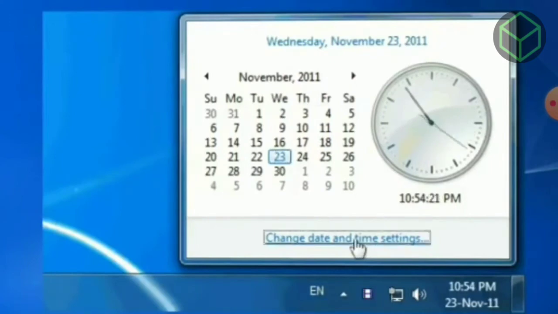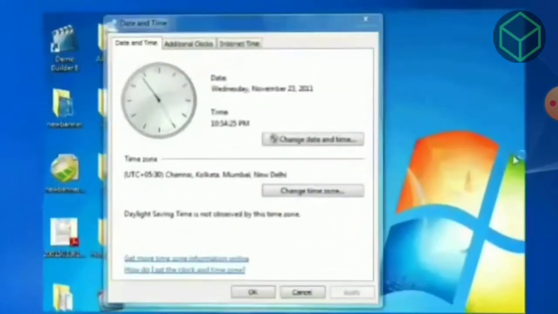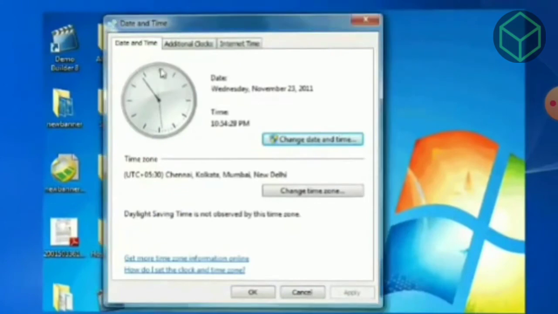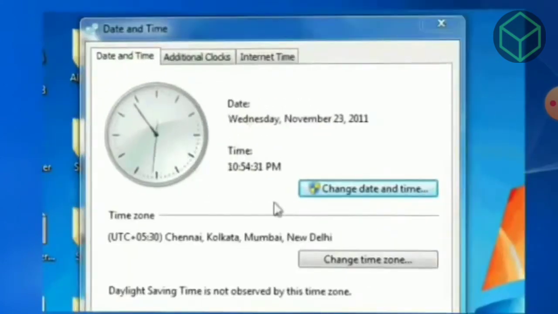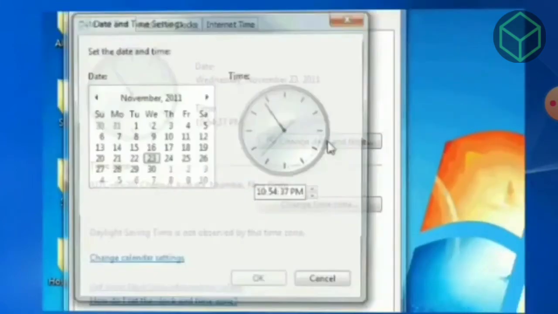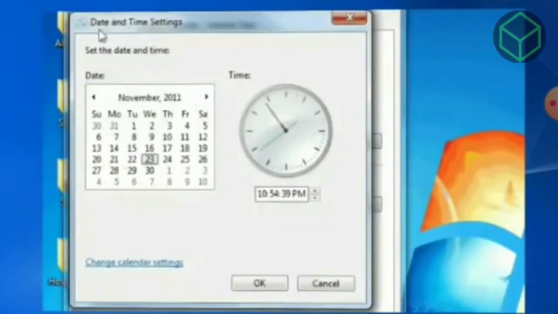When you click over it, you will get another dialog box like this, where you can change the time and you can change the date as well. When you click over change date and time, one dialog box will appear where you have to fix the date and the time according to you.